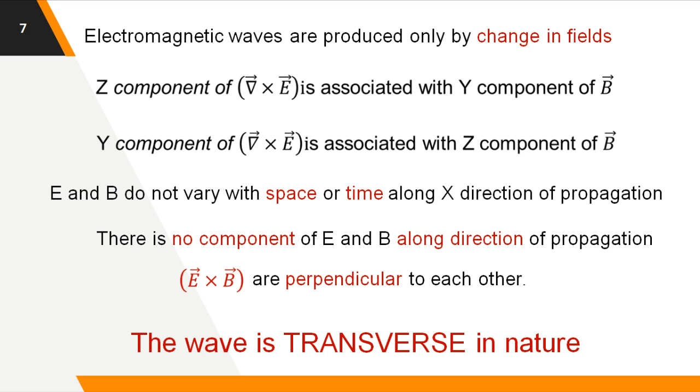You can see in Maxwell's third equation, the second and third component, and the Maxwell fourth equation, second and third component, that is not going to be zero. That confirms there is a component of the electric and magnetic field in the remaining two directions when compared to the direction of propagation. Here the x-axis is the direction of propagation, remaining two means the y and z. So that confirms the variation of the electric and magnetic field, if it happens when the electromagnetic wave is traveling, is always perpendicular to the direction of propagation, or in short the electromagnetic wave is transverse in nature. Okay, thank you.